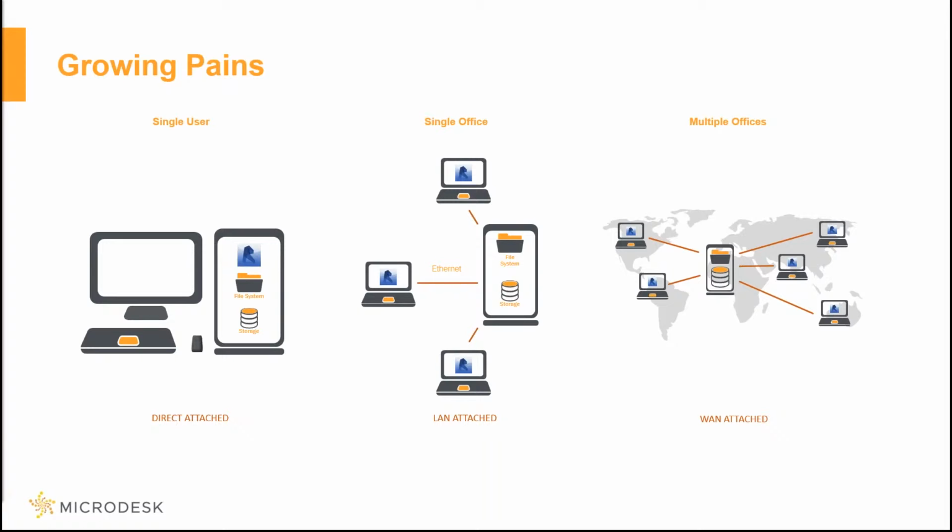But now, as an office grows and you maybe start a branch office or have to deal with a trailer on a job site, as you bring multiple offices into the mix, the collaboration environment becomes very much more complicated, and some of the solutions that worked in a single office environment start to really show the limitations of what that technology can provide. So as we grow into that WAN attached, wide area network attached methodology, the dependence on the network resources that are supporting your users